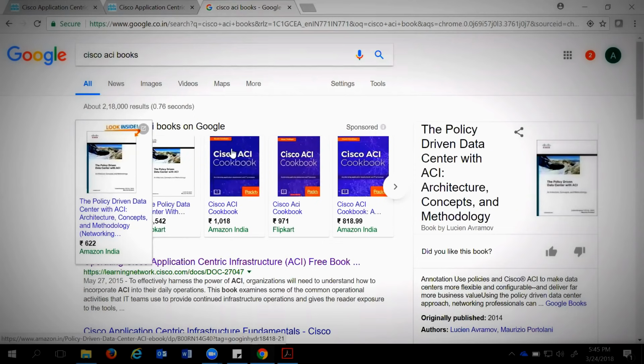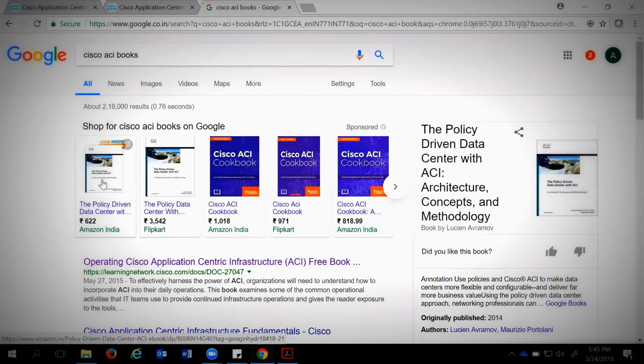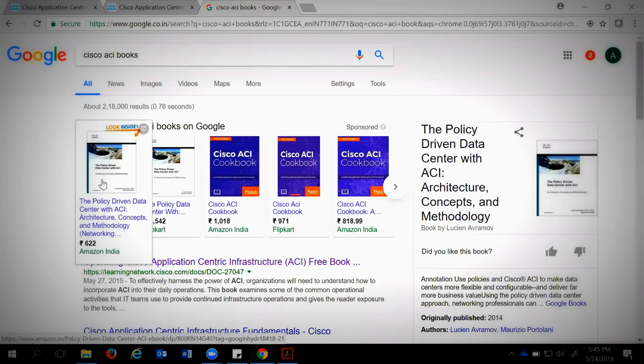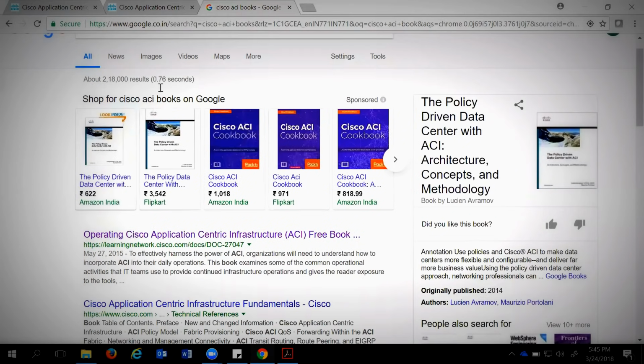So the first one is the best one. I should be recommending the Cisco ACI Cookbook. And the other one, which you can even follow from Cisco, is called Policy-Driven Data Centers. The other thing that you can even follow would be the